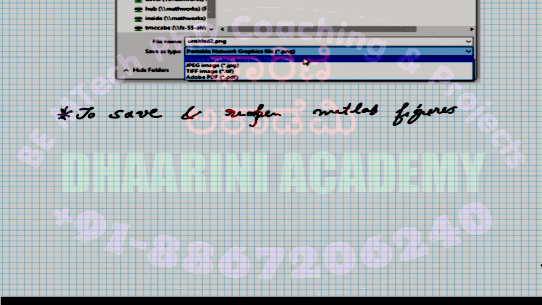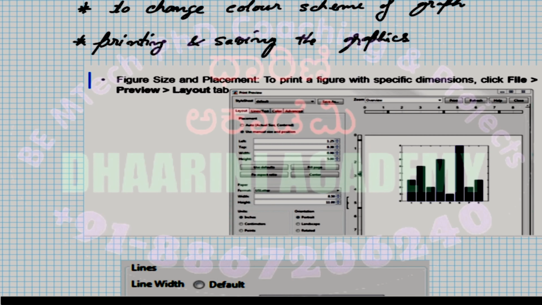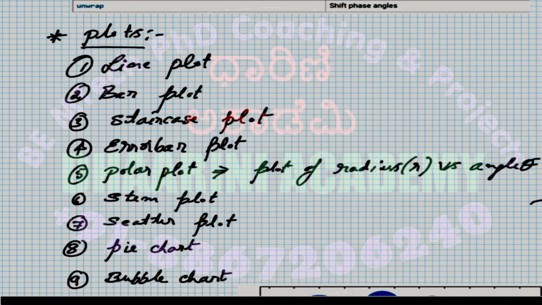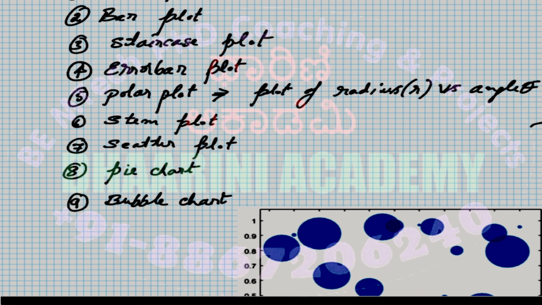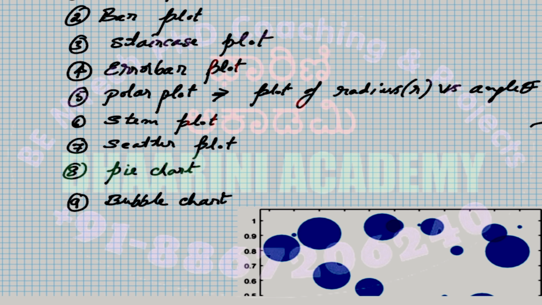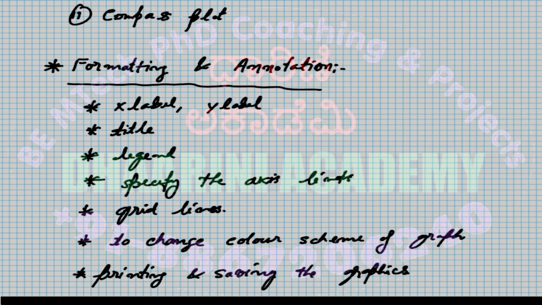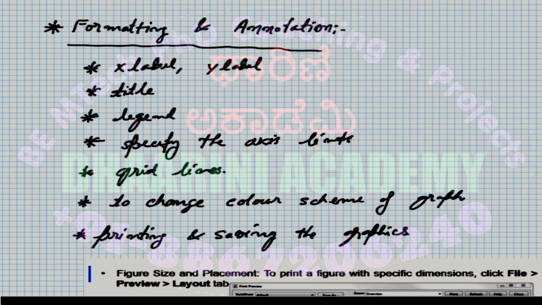Previously we were looking at the various types of plots and the figures. We saw several types of plots: line, bar, staircase, error bar, polar plot. Then we considered stems, scatter, the pie chart, bubble chart, then the special charts like vectors and the compass. Later on, we considered how to format and how to do the annotation of the corresponding graph, like